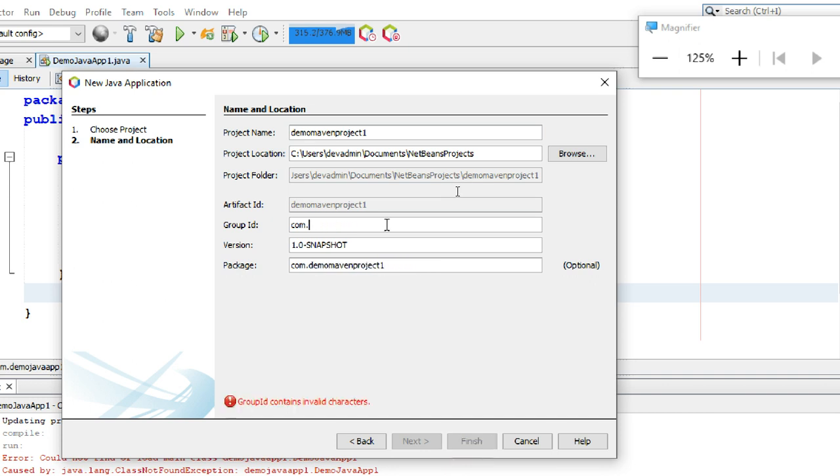This is showing .com .company. Instead of that, I will put the company name as My Vedic. You can give different group IDs also, or otherwise you can leave it like that, no problem. So instead of my company, I put My Vedic.